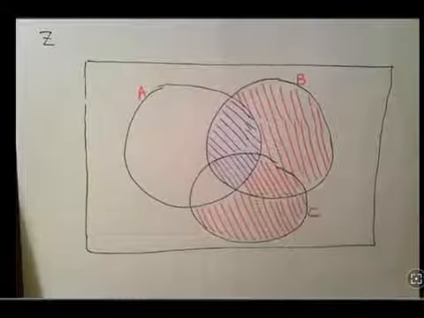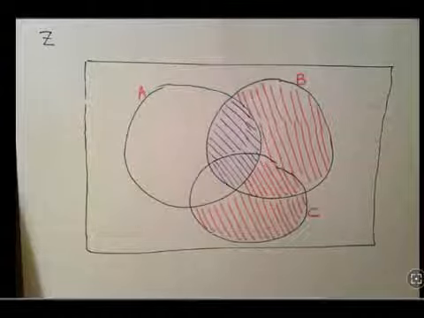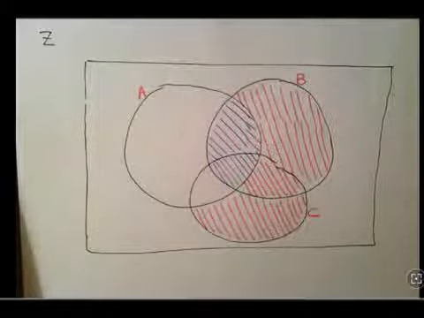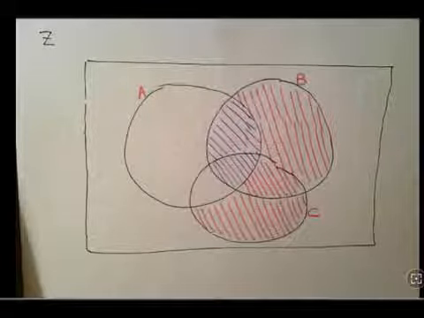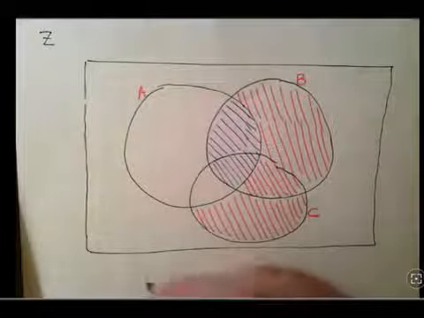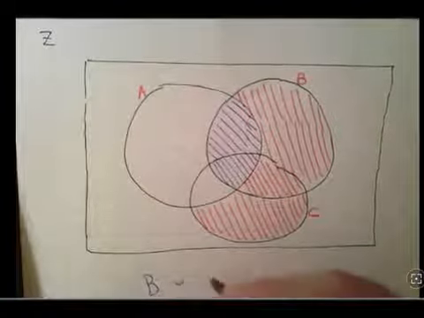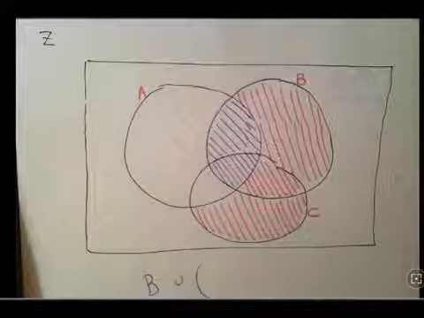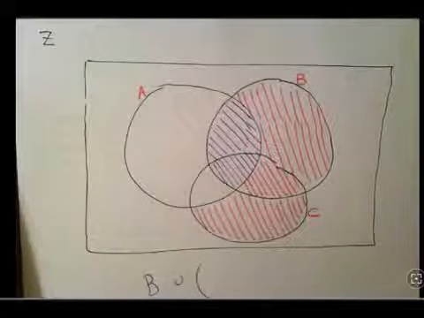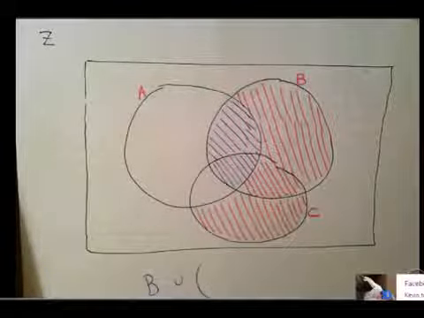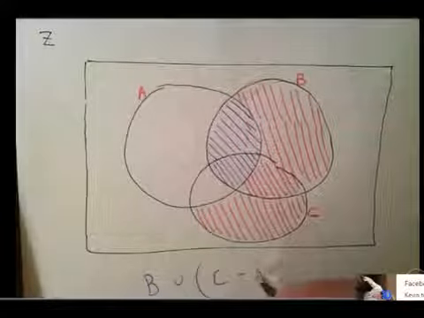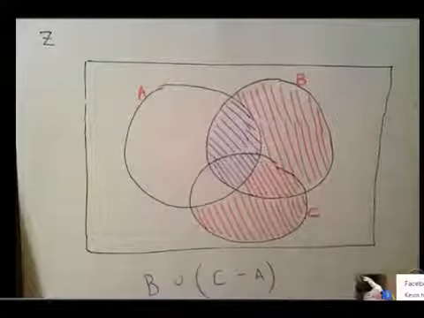So that's it. Essentially what we have here is, well, obviously it's going to be B union something. So union of what though? I argue that it is B union the set difference of C minus A. And that is,